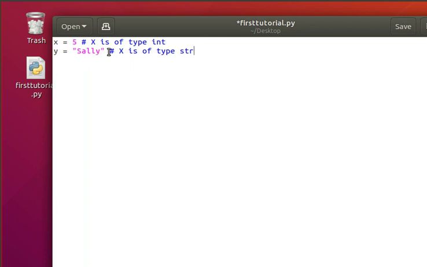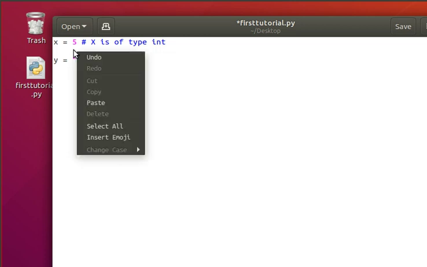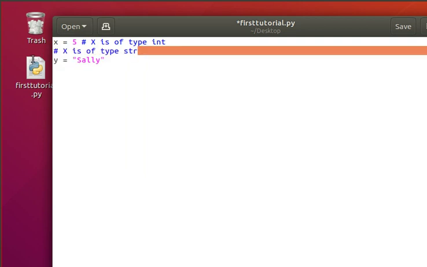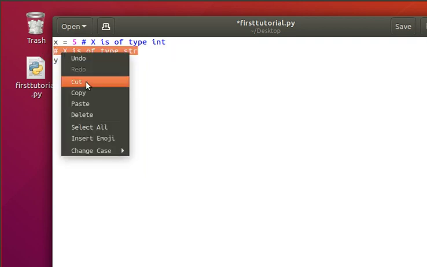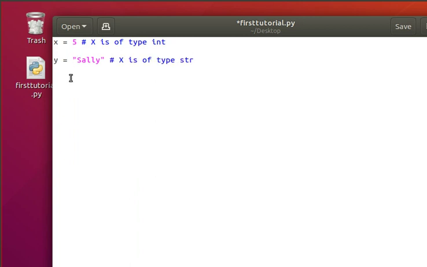Now I suggest that you guys, to make it more organized, I usually like to put my comments on top like that, but for now we're just going to put it on the side here. You can do whatever you want with it. Okay,